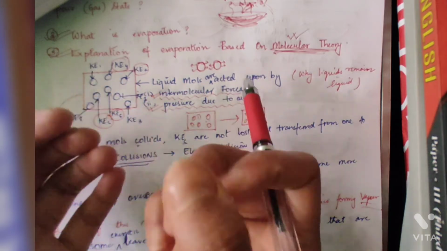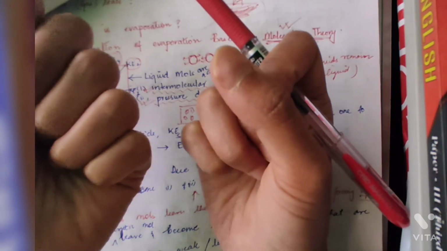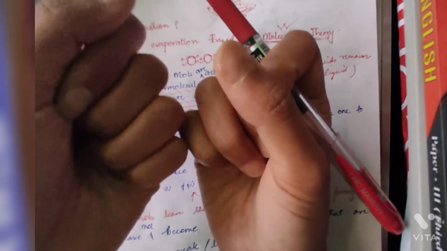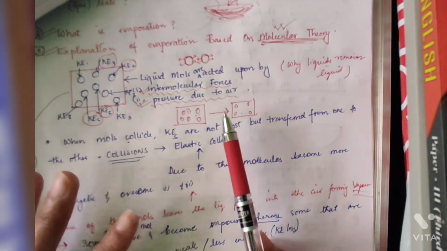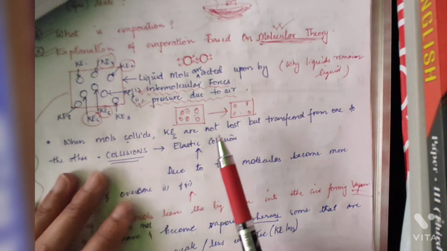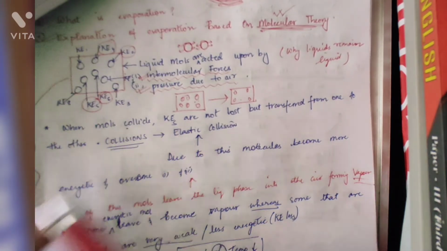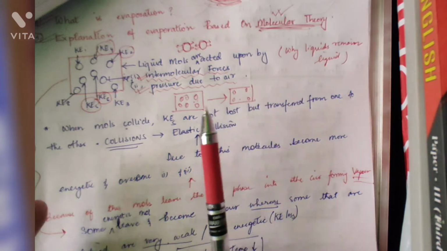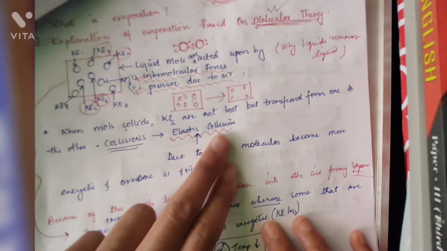Okay, they will collide together, and after collision, this molecule, my right hand, has kinetic energy 1, and my other hand has kinetic energy 2. Okay, this molecule will give its kinetic energy to this, and this molecule will give its kinetic energy to this. They will exchange the kinetic energies. You understand? When the two molecules collide, no kinetic energies are lost, but they are transferred from one to the other. All right. Now this collision of molecules, where kinetic energies are transferred from one to the other, is known as elastic collision. Very important, it is known as elastic collision.